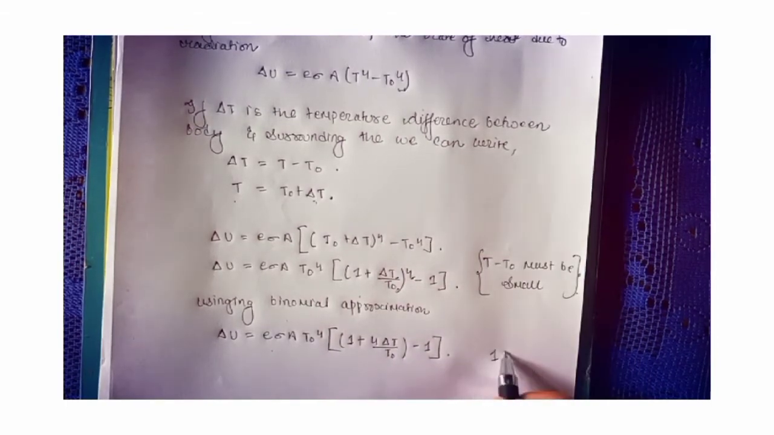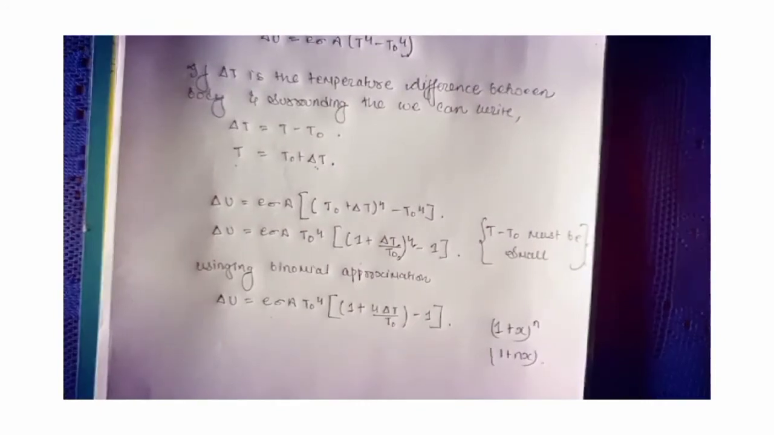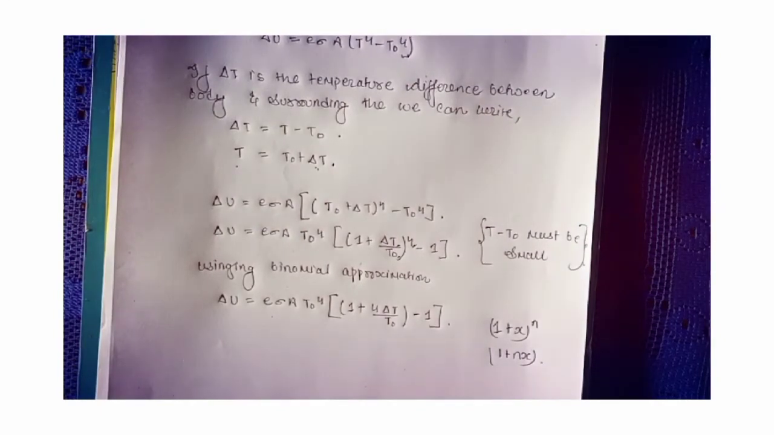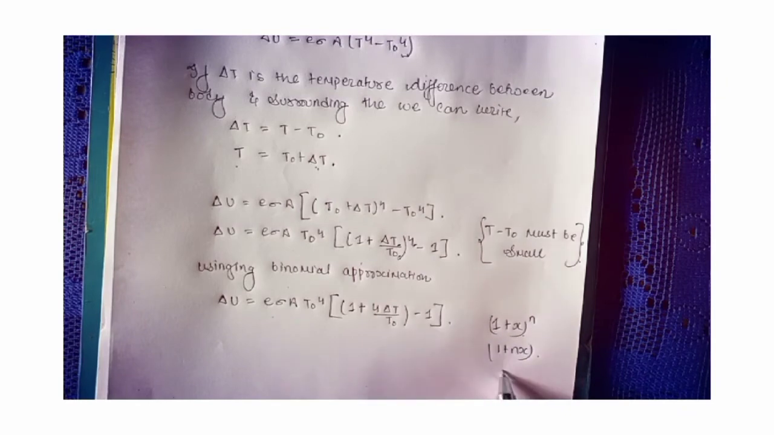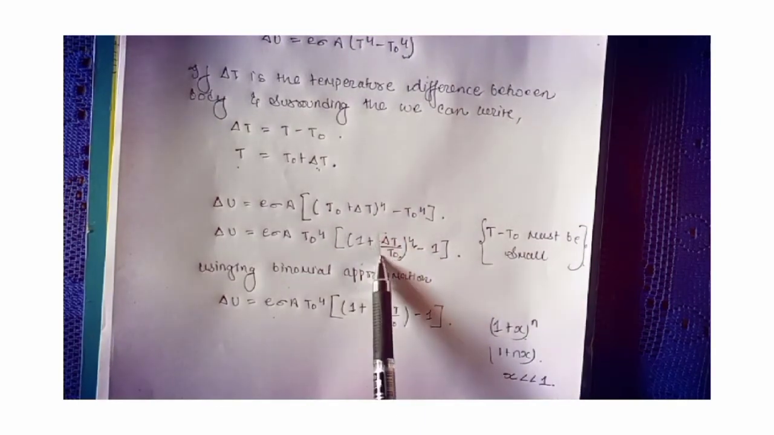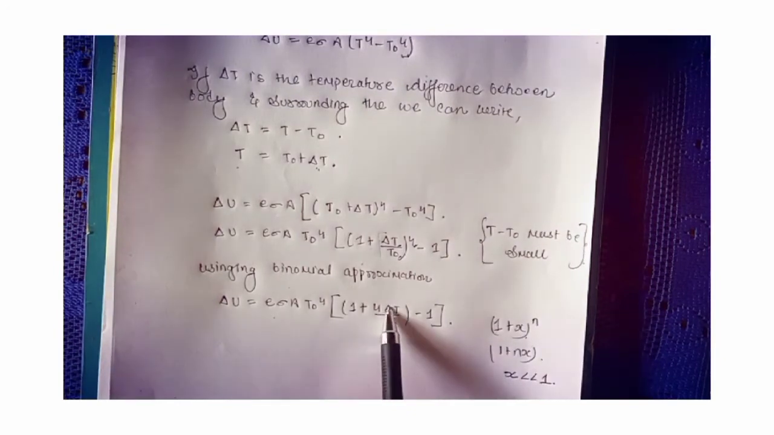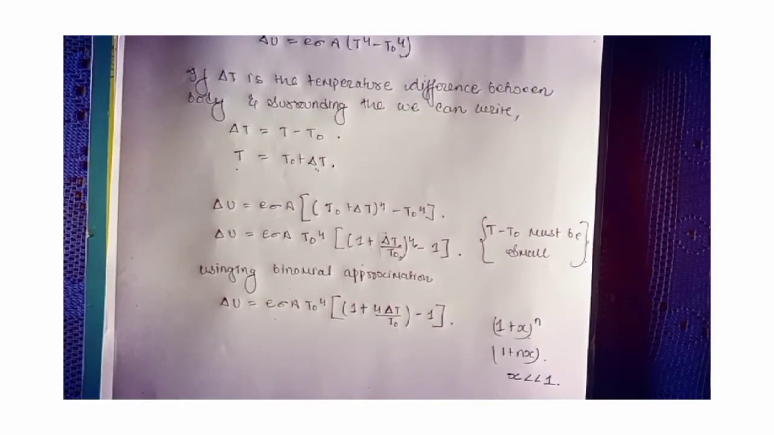We know 1 plus x to the power n can be written as 1 plus nx. This is the binomial expansion. Binomial approximation can be applied over here only when the value of x is very much less than 1. Likewise, over here the value of this term is very much less than 1, since del T is less than the surrounding temperature. So further,